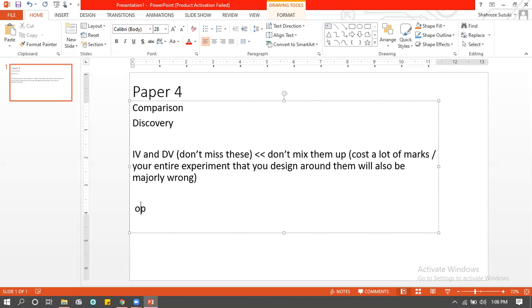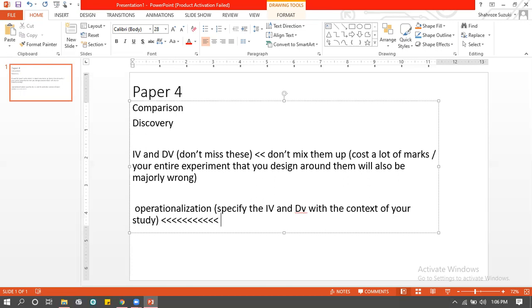दूसरा है कि operationalization, right? Operationalization is when you specifically specify the IV and DV with the context of your study, right? So इसके like again major experience with the students is कि ये सही से लोग को grasp नहीं है इसके अंदर, but it's not major. Even if you miss this out, right? There's no problem in that if you write this down. और अच्छा हो जाएगा, but don't get this wrong, all right? दूसरी चीज ये